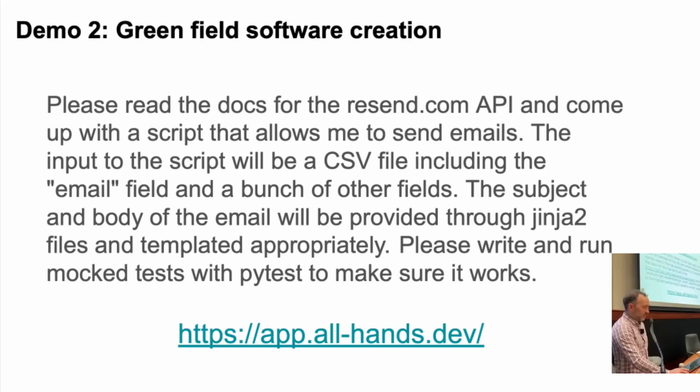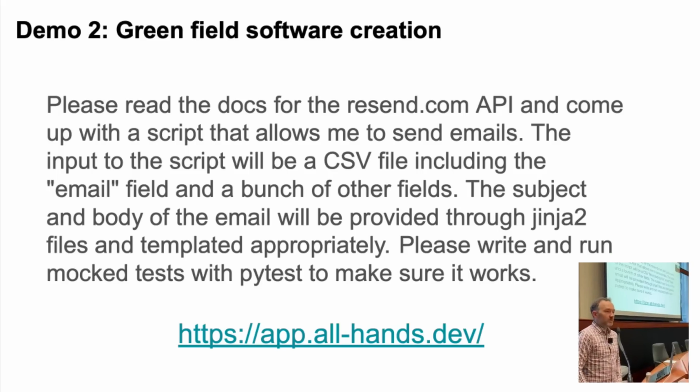Another thing that I do is I create new software. I've been using a particular service, I won't name it, for sending emails, and I'm not very happy with it. So I want to switch over to this new service called resend.com, which makes it easier to send emails.